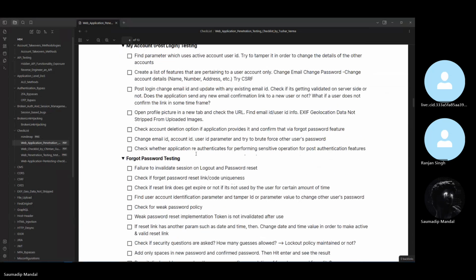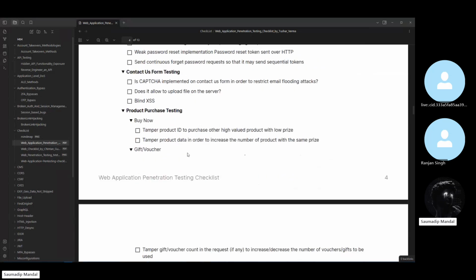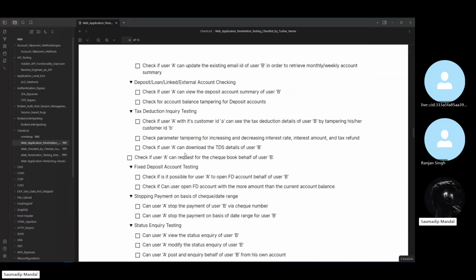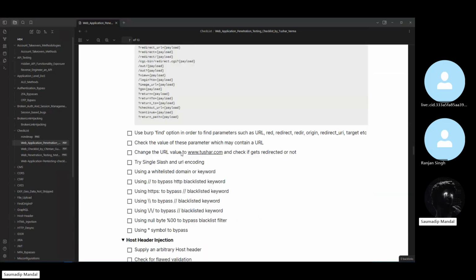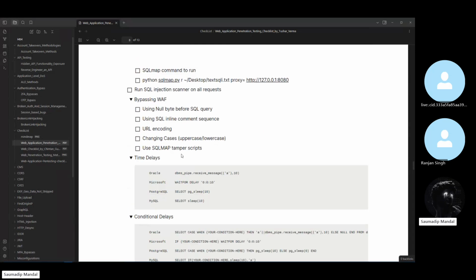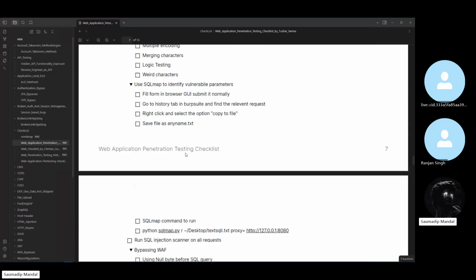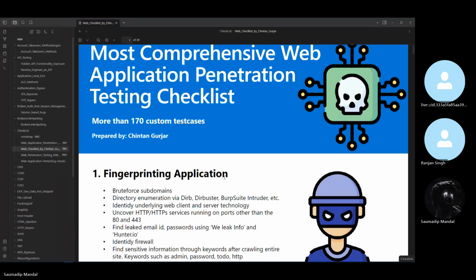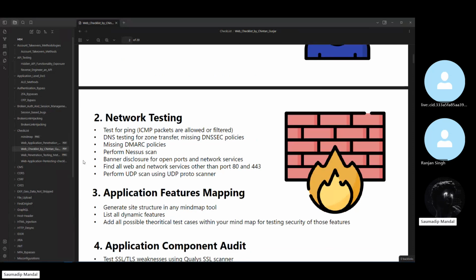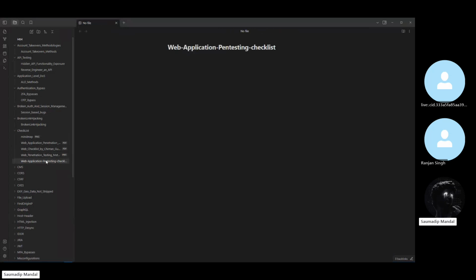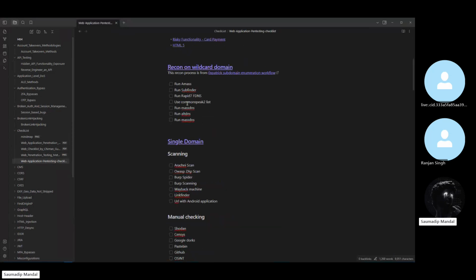Like this guy mentioned 200 plus checklist, but there are multiple checklists which have like 300 plus or 400 plus checklists as well. So it depends on the functionality, how the functionality works basically. So that's the thing. So what I mentioned already. Okay, so that's the checklist basically. So what we have to perform and what we are not. Okay, so like